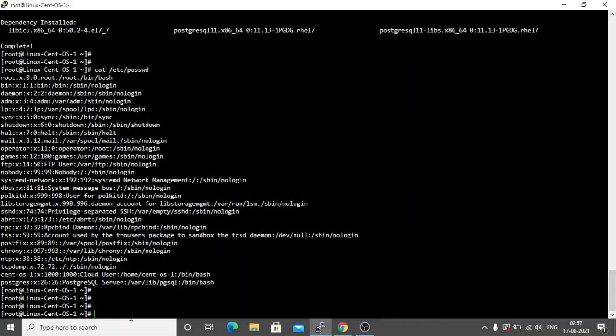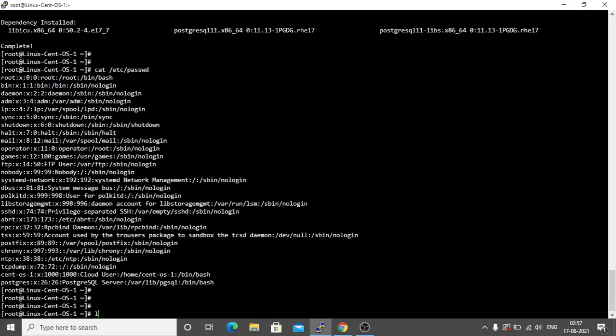Okay, now we have this user, we have our Postgres software installed, and we have our Postgres user. Now we will be setting the home path. Right now the home path is set to this /var/lib/pgsql. So what we will do is we will do it manually. We will create our own custom directory and assign it as the home path.